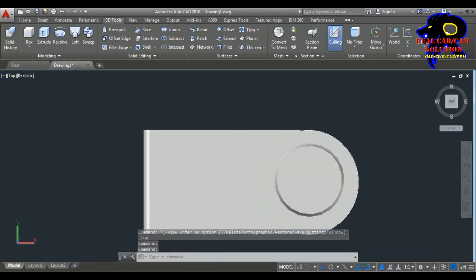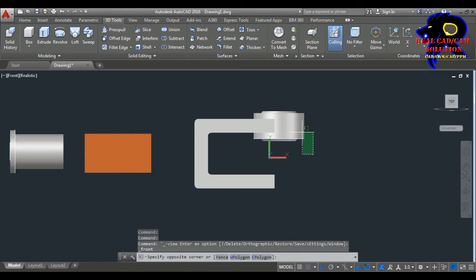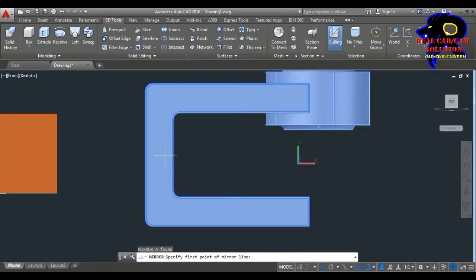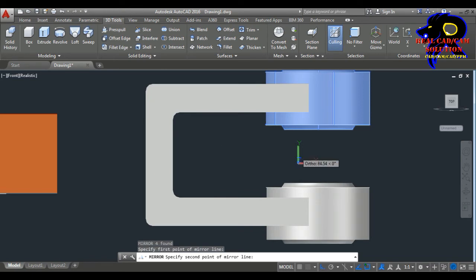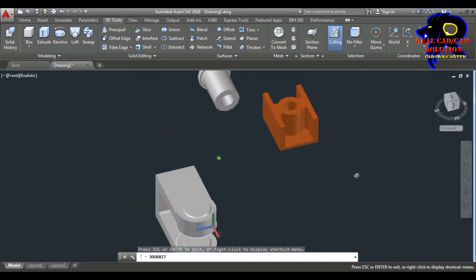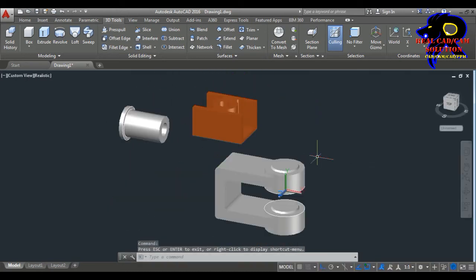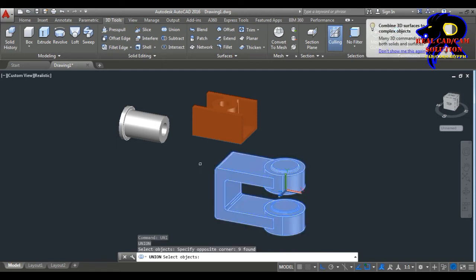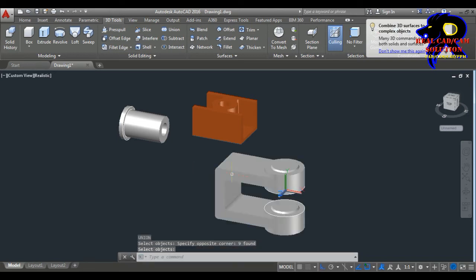Okay, it's great. And go to the front view. Click. Just choose to mirror to the down part because both sides have this mount. That's why I choose. And go to rotate. It's really nice. Okay, just choose to click like this and go to union.